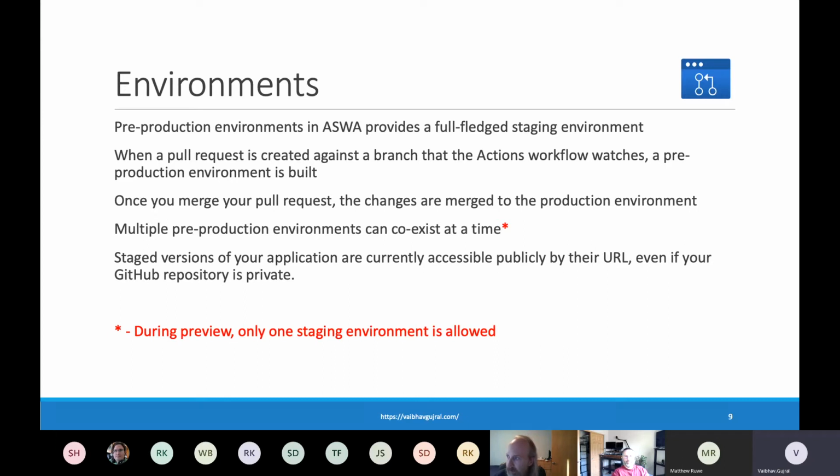Another cool feature I've seen in ASWA is the pre-production environments, which provide a full-fledged staging environment. What happens is when a pull request is created against a branch that the actions workflow is watching, a pre-production environment is built where you can test your changes before pushing your changes to production. And once your pull request is approved and merged into your branch, the changes are merged to the production environment